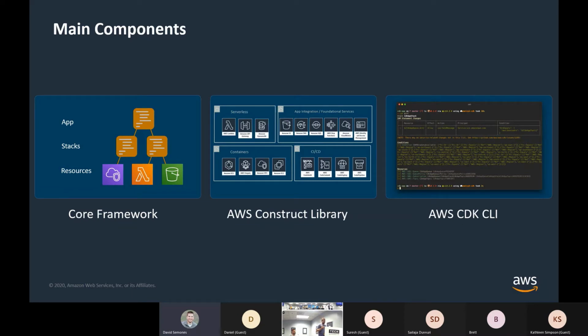So the main components of CDK, just like I said, CloudFormation is several things depending on who you ask. CDK is very similar. There's the core framework of CDK, which is apps, applications, and then stacks. A stack you can think of like a CloudFormation stack. You give CloudFormation a template, it will create a stack from that, which is a resource inside the CloudFormation service. We have a notion of a stack inside CDK, which more or less corresponds to the same thing. There are very subtle differences, but at an introductory level, they don't really matter. And then the stacks contain multiple AWS resources.